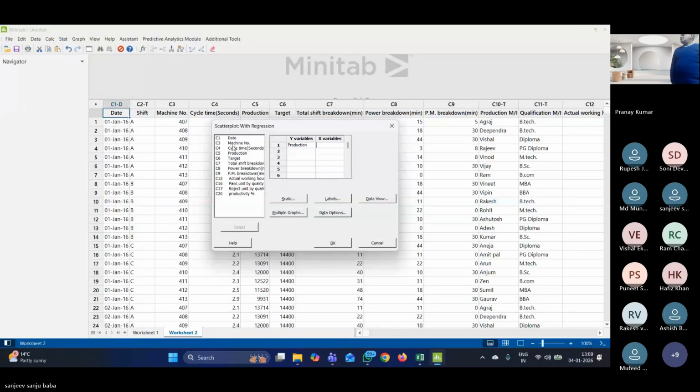प्रोडक्शन को हटाओ, पहले साइकिल टाइम वर्सेस करो, डिलीट का बटन दबा दो। थर्ड वाला डबल क्लिक, और उधर डालो C7 टोटल शिफ्ट ब्रेकडाउन, C7 डबल क्लिक, ओके मारो। एक और साइकिल टाइम एक और करो, ओके हो गया सर।